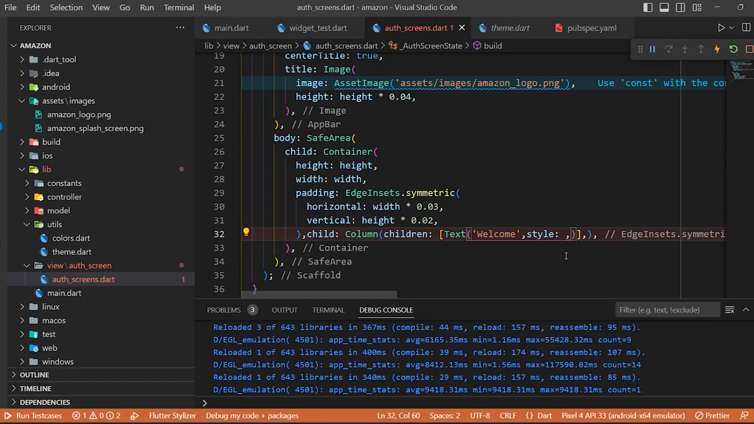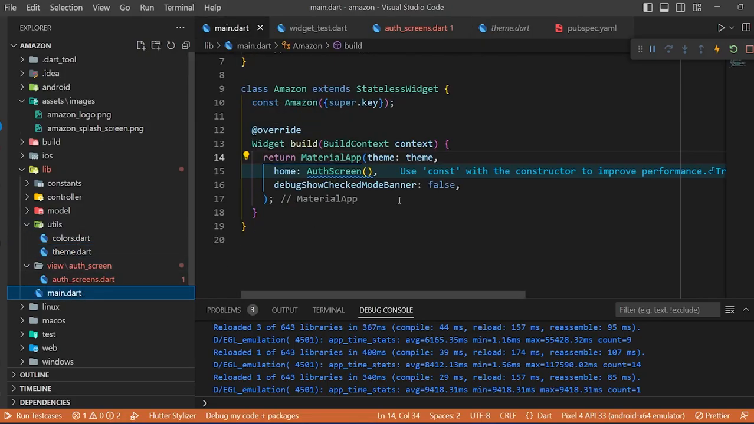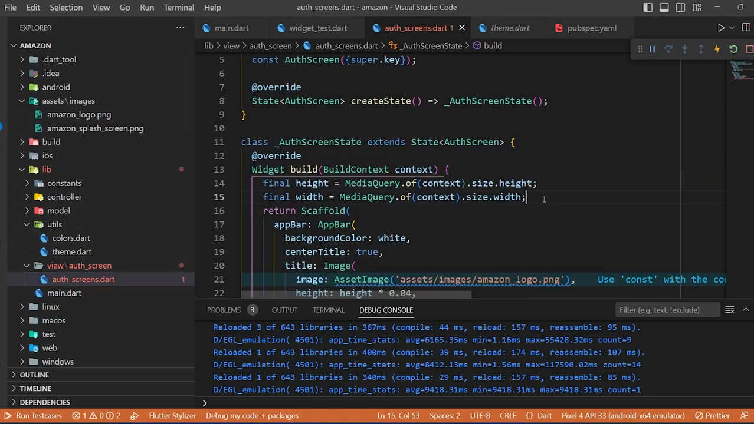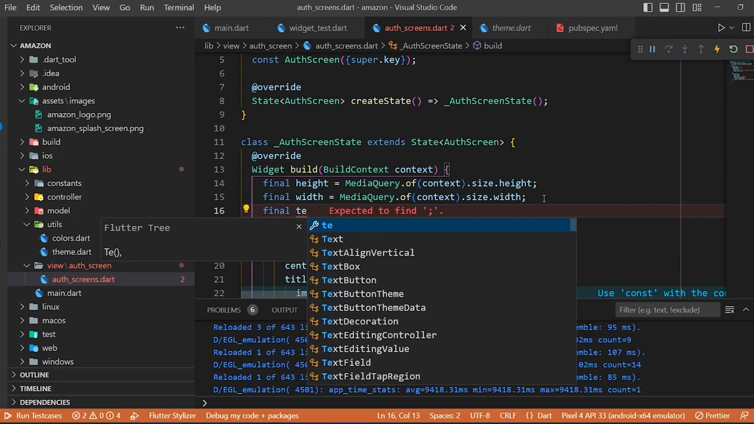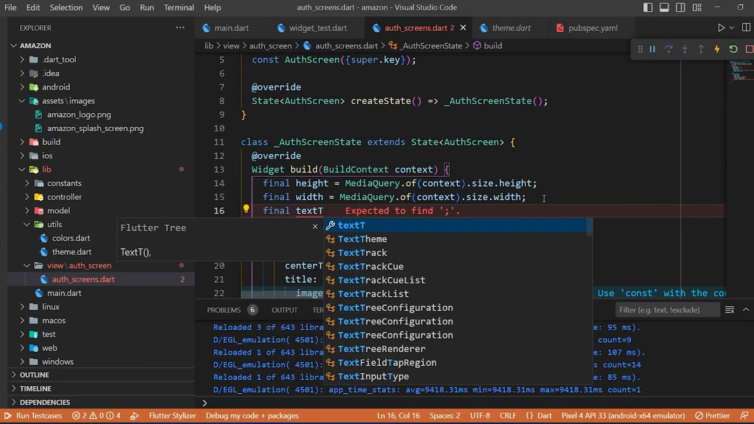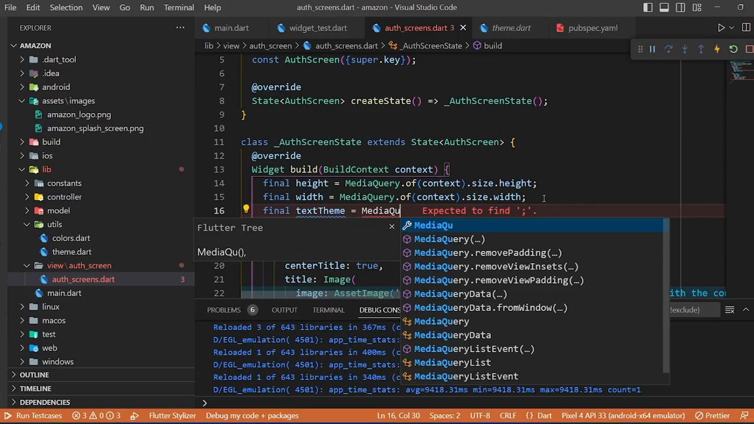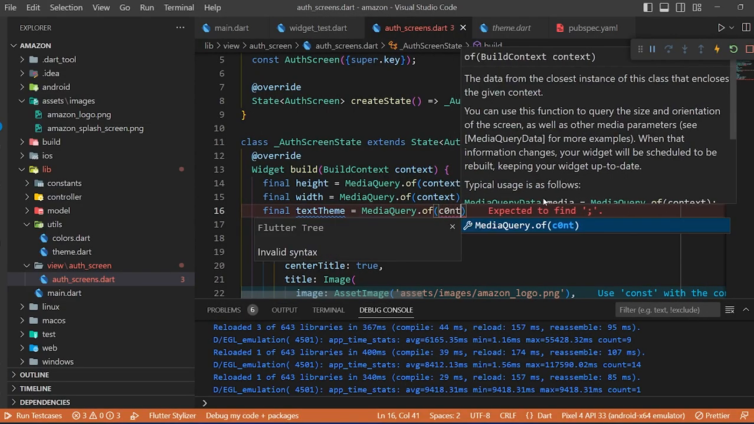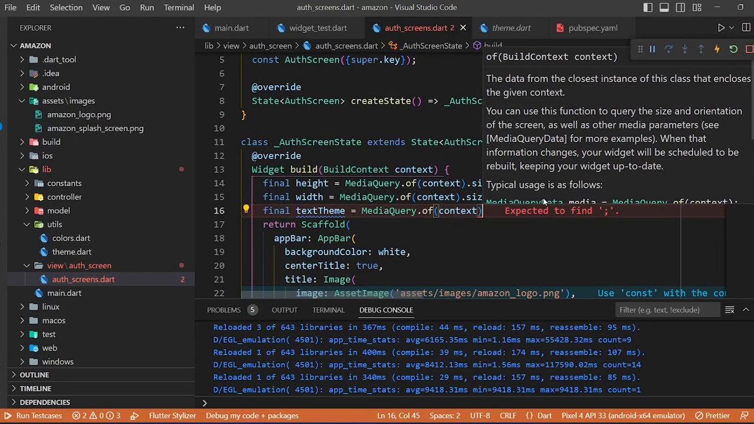Okay, so for the styling, I have already added a theme file. So I am going to directly access this theme. I have already added this theme. Okay, no worries. Let's move back to the screen. So to access the theme file, I'm gonna add another line of code. Text theme equals to,